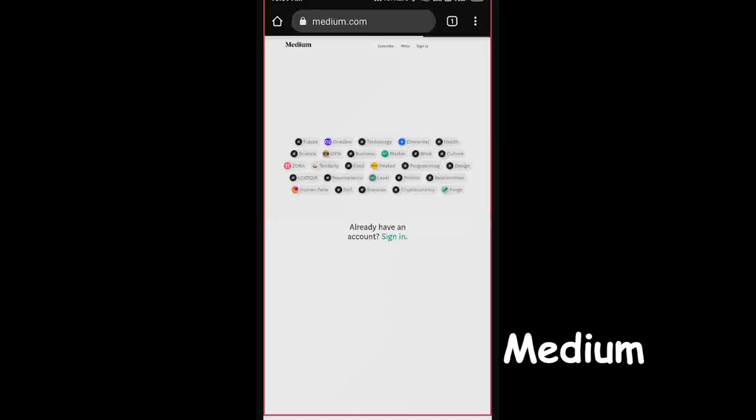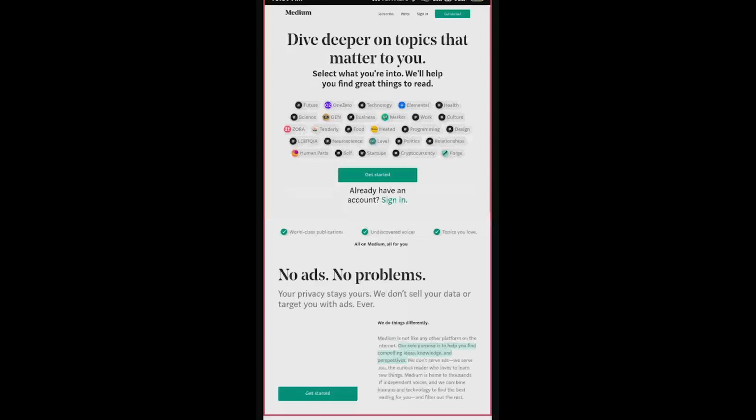Just the thing is that it's something paid. You can read only 30 articles or 50 articles a month on this site, medium.com.